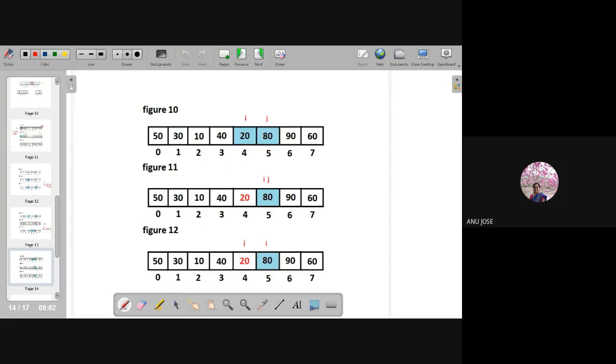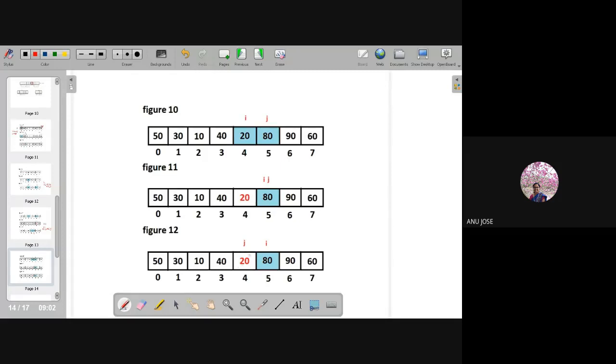Now this is my i and this is my j. Again, i already has a smaller value compared to the pivot, so I should move to the next immediate location. i has reached 80 and finds a larger value, so it stopped there. And j will be moving to the left hand side. j comes over here and finds a smaller value, that is 20.